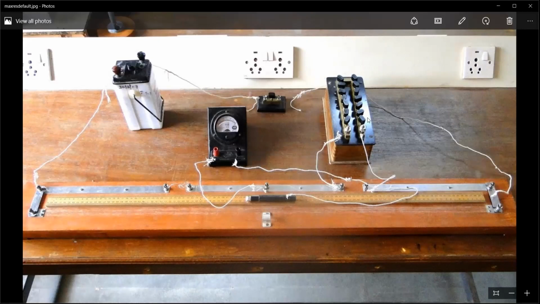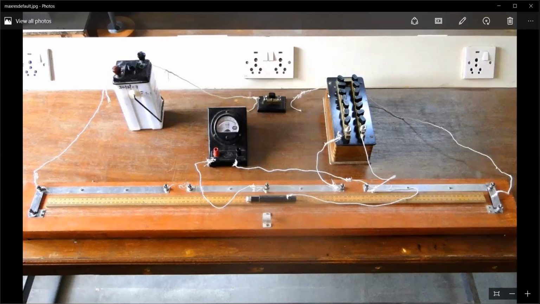And this is what is called a resistance box. You're able to see many keys, right? Whichever key you remove, that amount of resistance you're going to introduce. So this is a resistance box which is connected with the help of a key to another resistance box. In between you have a device, which is called a galvanometer. And you will have a pen-like structure like this, which is called a jockey.